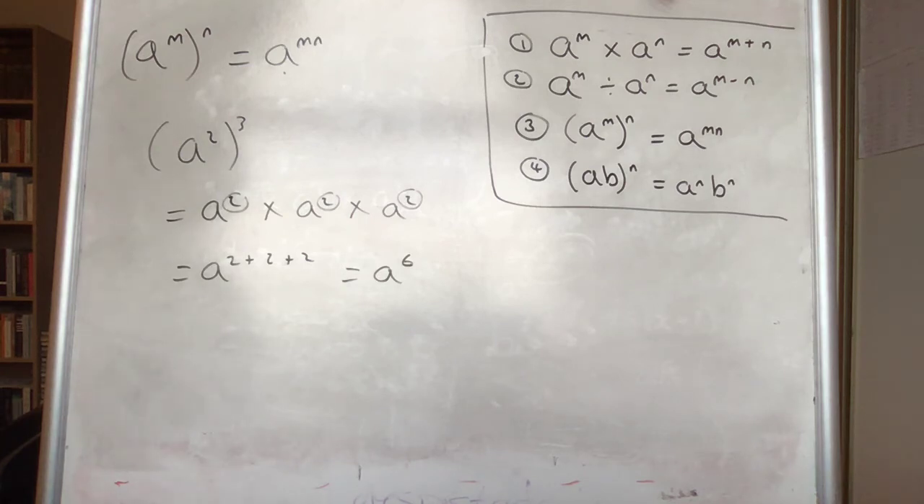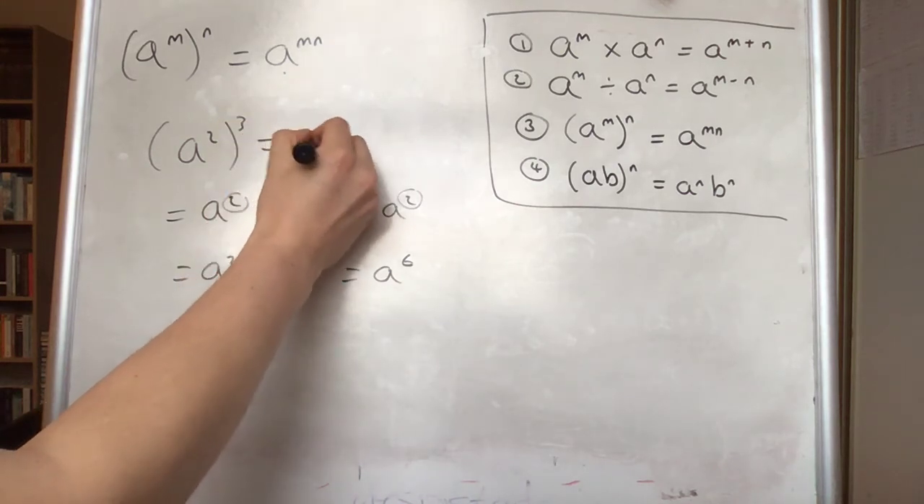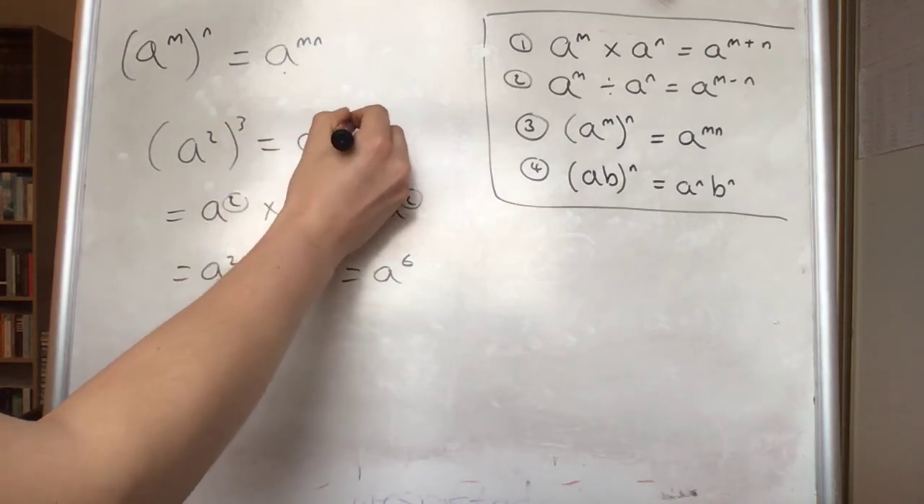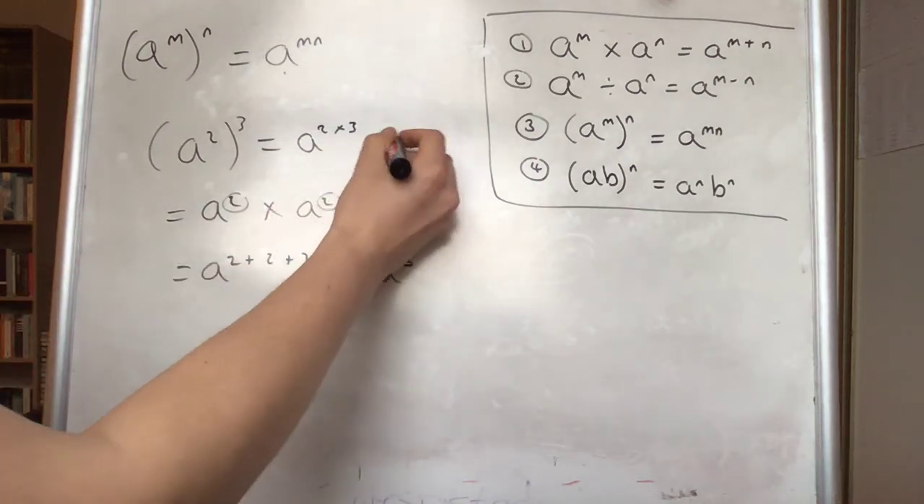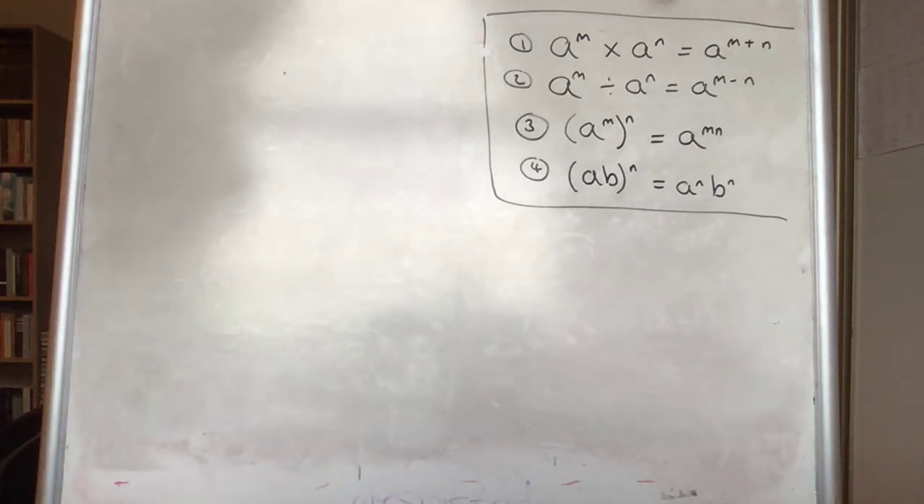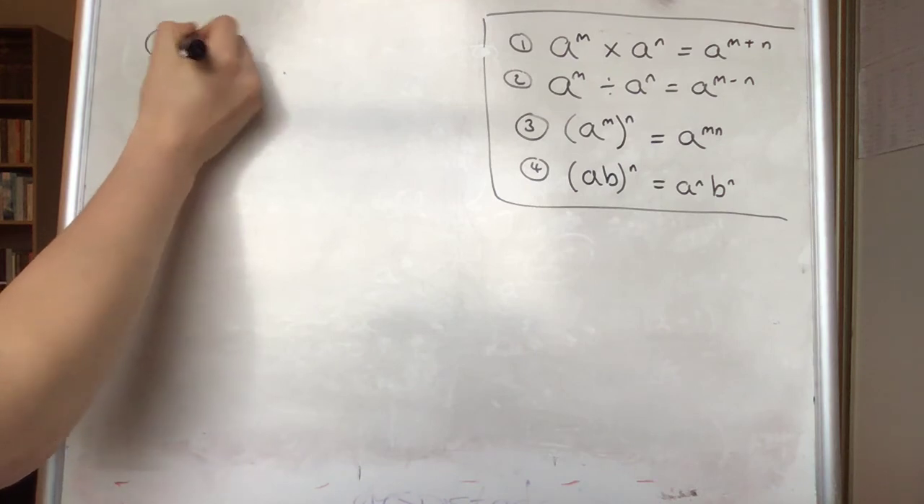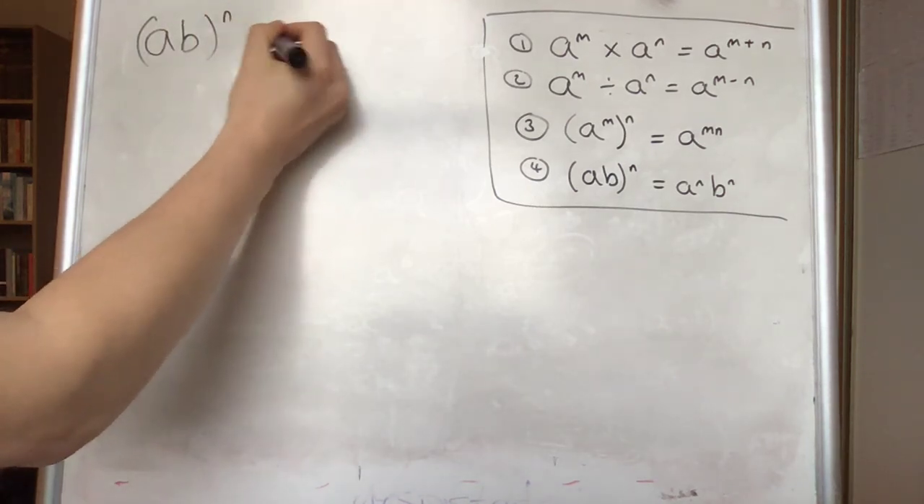By using the third index law, we could have reached the same answer much quicker, as a raised to the power of 2 raised to the power of 3 is equal to a to the power of 2 times 3. And we know that 2 times 3 is 6, so that is also equal to a to the power of 6. Finally, the fourth law can be expressed as (ab) to the power of n equals a to the